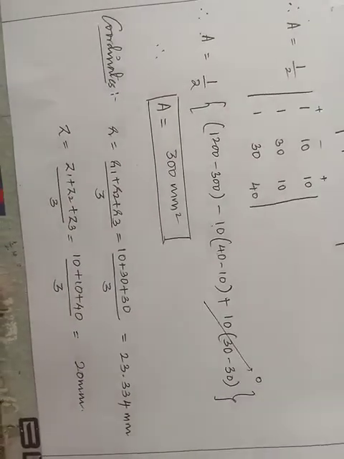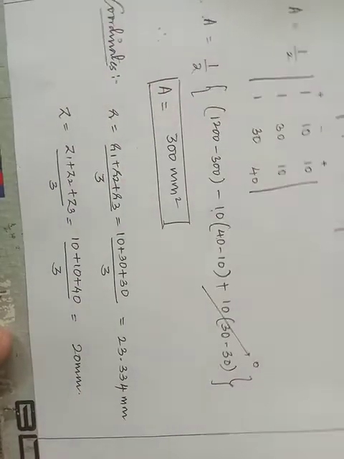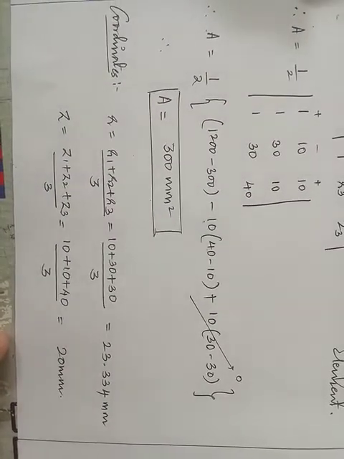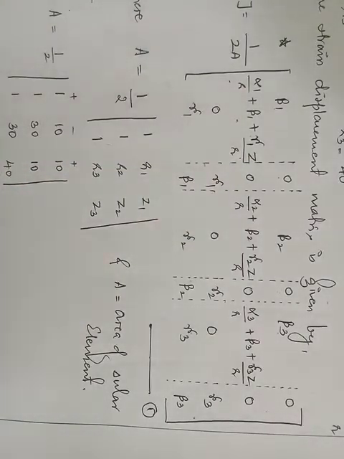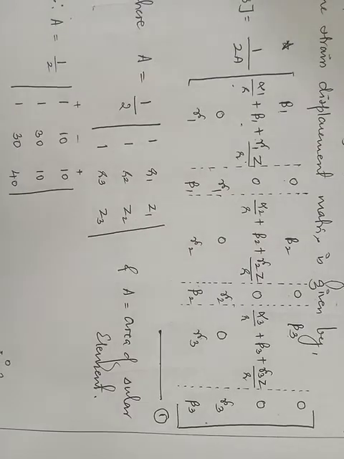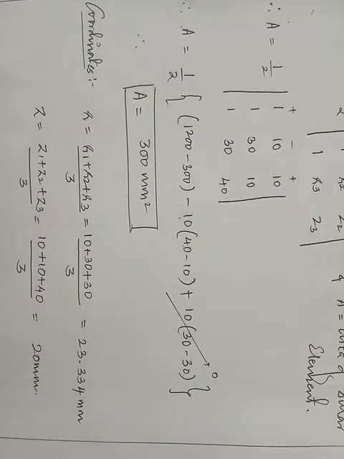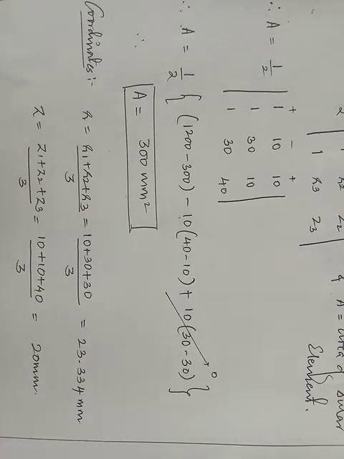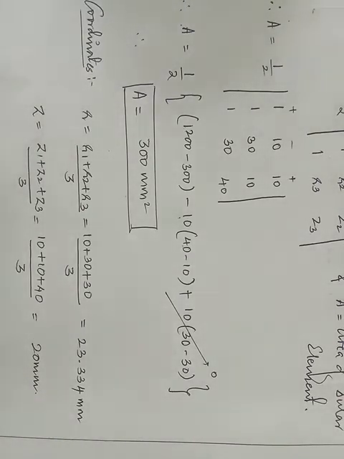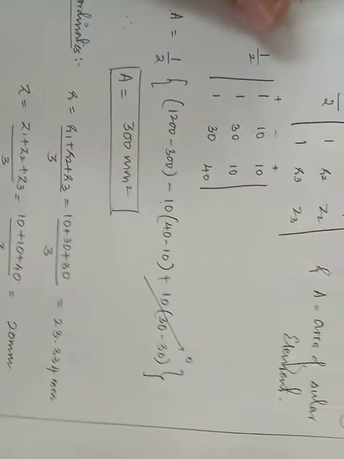Right, next we need to calculate the general coordinates, that is r and z. Why do we need r and z? Because you can just check here, I am making use of r and I am making use of z, but I do not have r and z. I just have r1, r2, r3 and z1, z2, z3. So you need to calculate r and z. r and z are nothing but the average of the three terms which are given. So r is r1 plus r2 plus r3 divided by 3. It comes out to be 23.334 mm. And z is z1 plus z2 plus z3 divided by 3. It comes out to be 20 mm. Right, so these are the coordinates or prerequisites which are required before we could proceed to calculate the strain displacement matrix.